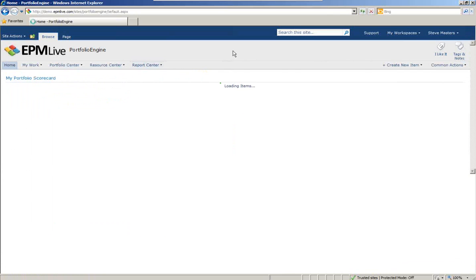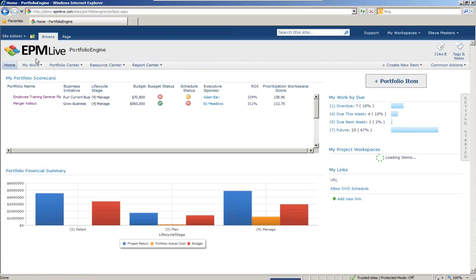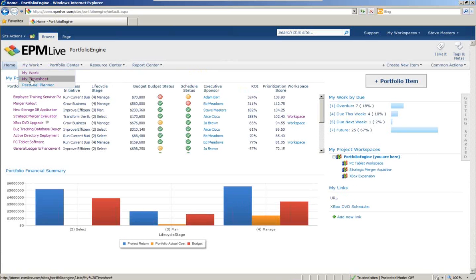Now, from an execution perspective, we do have the ability for people to record time. We have folks that really don't go all out on the execution side of managing the portfolio. They use the PortfolioEngine strictly as a strategic planning tool. But let's just say you have a group of active portfolio items that are in the Portfolio Center, and you